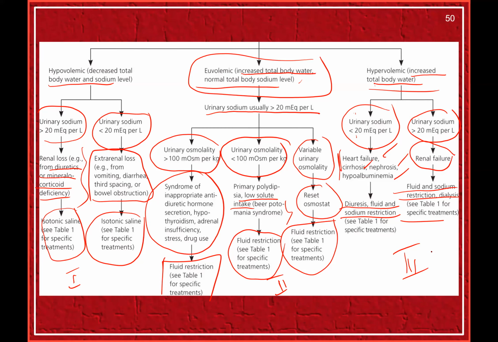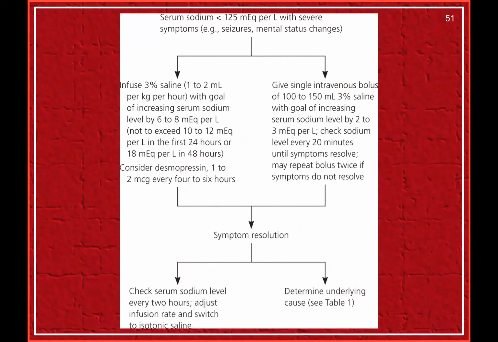So what are the tests required? First thing is serum sodium. Second thing is serum osmolality. Third thing is urine sodium. Fourth one is urine osmolality. With these four things, you can come to a diagnosis of where exactly the patient is, and the differential diagnosis of those conditions you have to understand by other clinical associated features. Now we have left that one person who is highly symptomatic to start with. Let us look at that person.